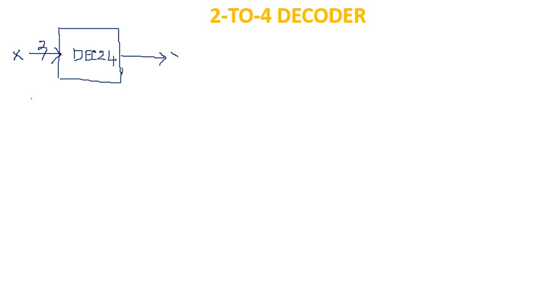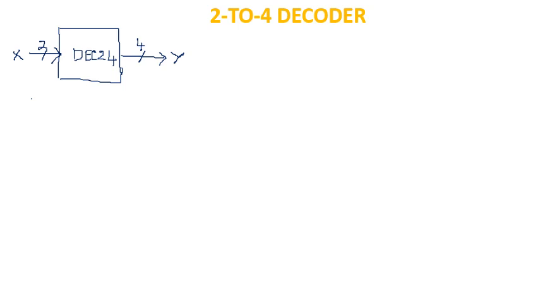Similarly, the output I will take as y, and over the arrow I will write 4, meaning there are 4 lines of y, that is y3, y2, y1 and y0, and x will be